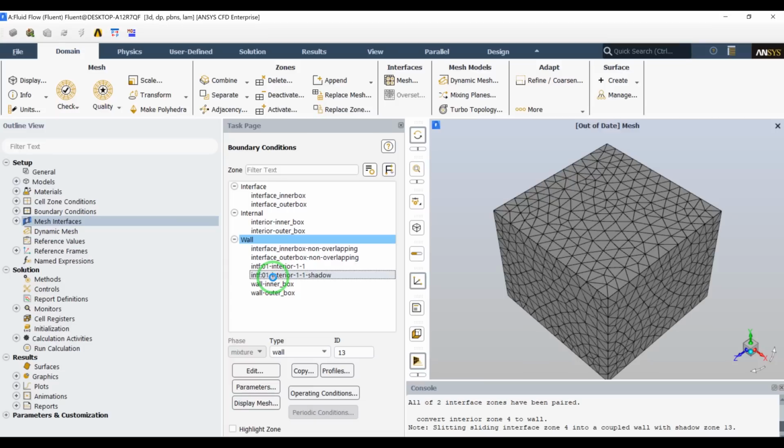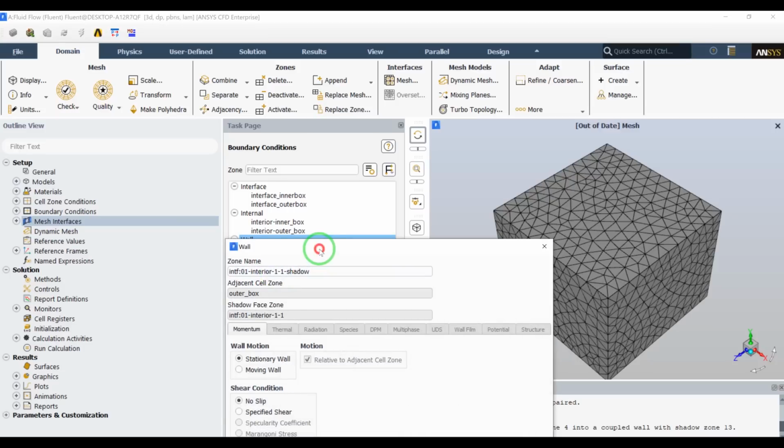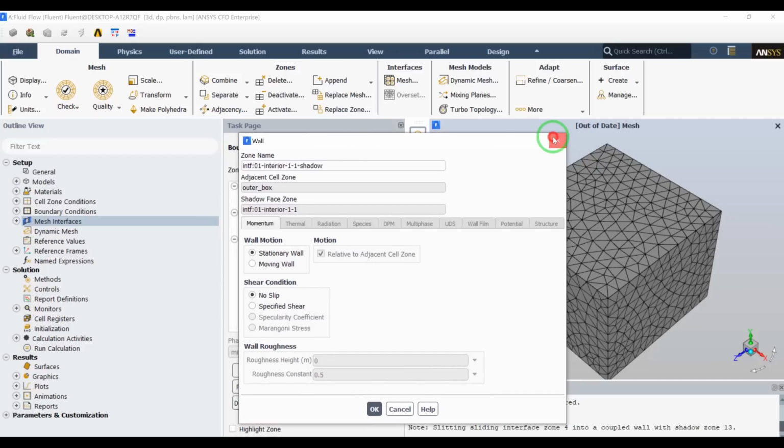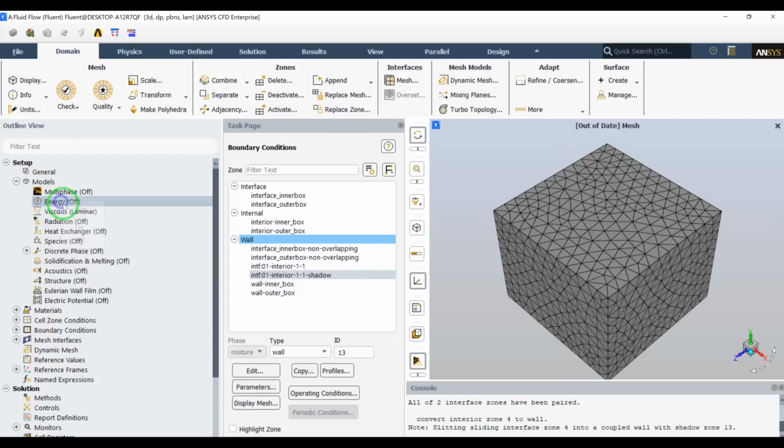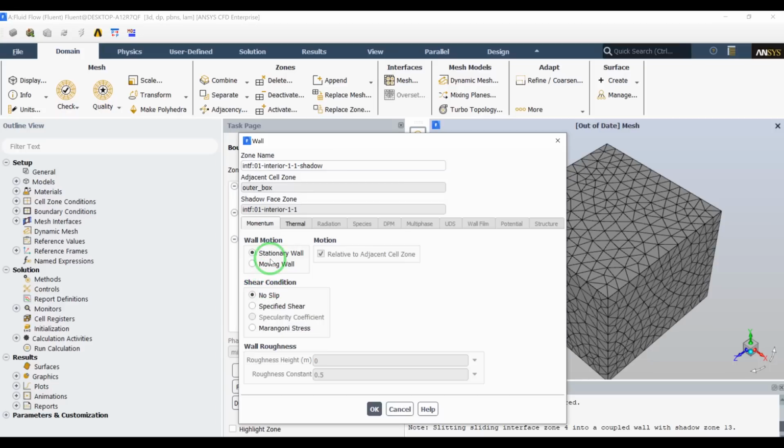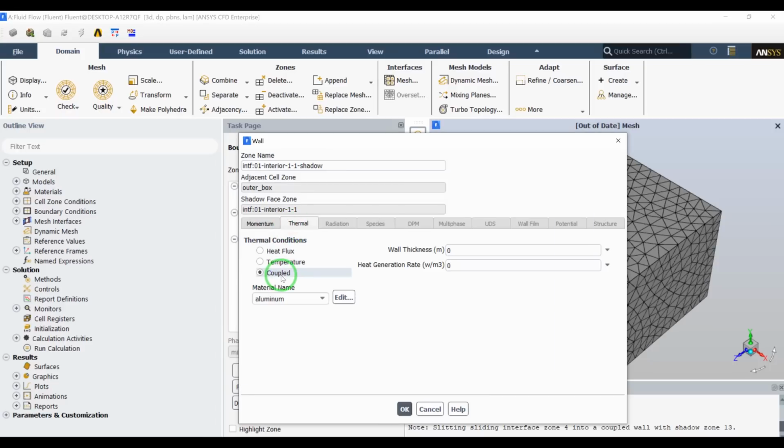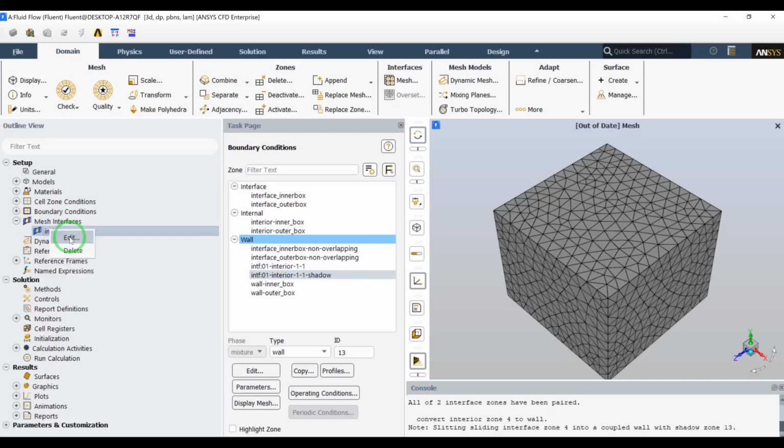Okay, let's first turn on the energy equation. So if you go to this simulation, you will see they are thermally coupled. Or if you delete this interface,